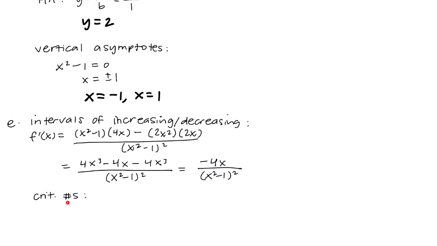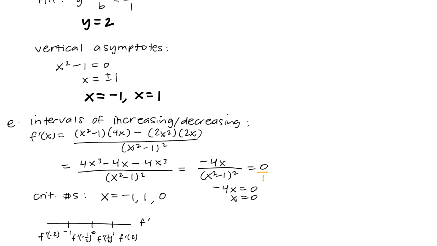To find our critical numbers, first we're going to check where the derivative doesn't exist. So that's going to be x equals negative 1 and positive 1. And then we're also going to take this and set it equal to 0 and solve. It's a proportion, so we're going to cross multiply. And we also get that x equals 0. So we put these on a number line for f prime, and we're going to test numbers around these critical numbers. And again, we're plugging these values in for f prime to see if f prime is positive or negative